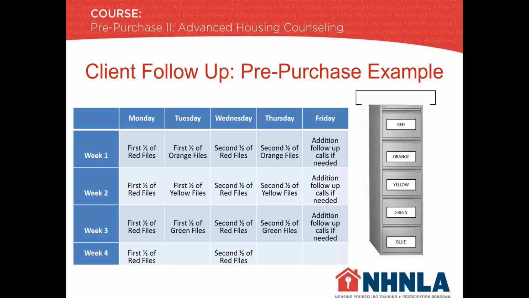Now, the clients that are in the first two categories are the ones that really are going to need more frequent follow-up. So if they are within 90 days, if they are orange, they're going to need to be contacted every other week because they're closer to closing, right? But in most cases, they still could potentially only be contacted once a month. The clients that are assigned as red, hey, they're ready to enter into a mortgage contract, they really should be contacted weekly because they potentially could go to closing anytime.